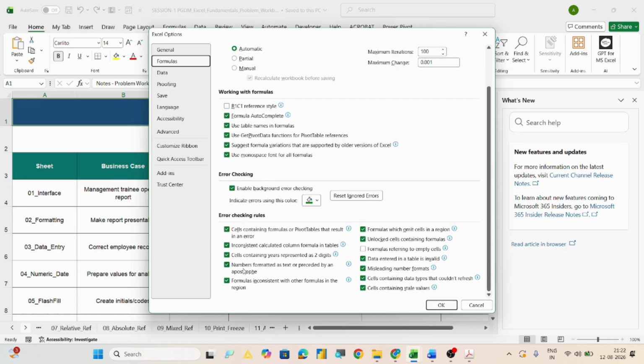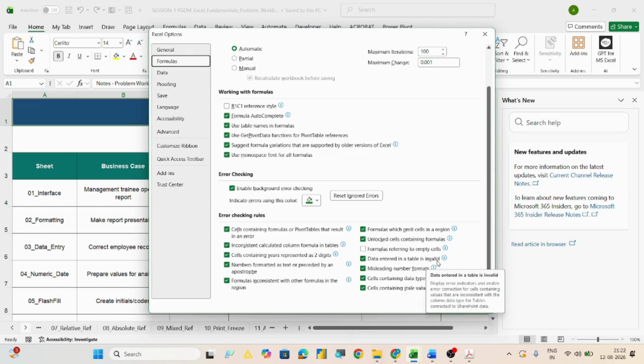Here you can set the checking rules, which will let us know that there is an error: cells containing formulas or pivot tables that result in an error will be shown, formulas which omit cells in a region will be shown, inconsistent calculated column formulas in tables will be shown to you, cells containing stale values. So these are all various options.